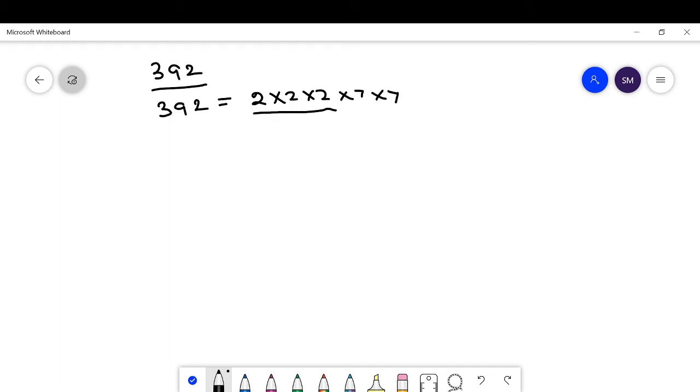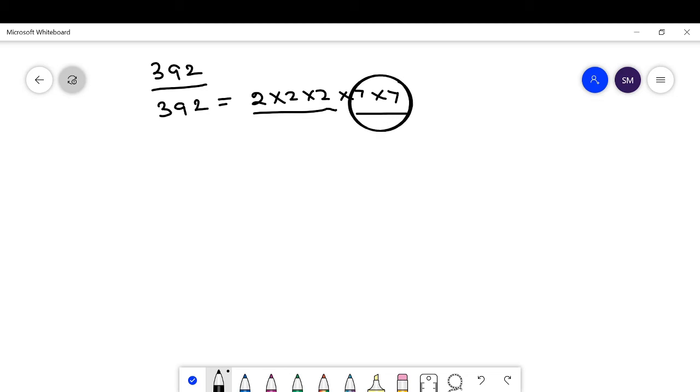It has a triplet, but here the question asks which smallest number should be divided. If the question asked which smallest number should be multiplied, then we would simply say 7, because there are two 7s and it needs one more 7 to make a triplet. But here the question asks which smallest number should be divided. Hence, which number should be divided?